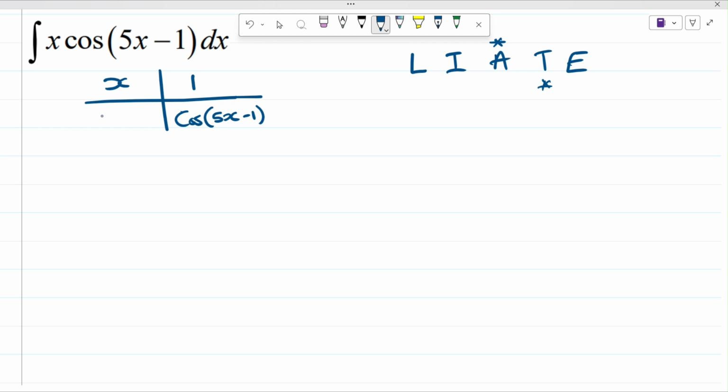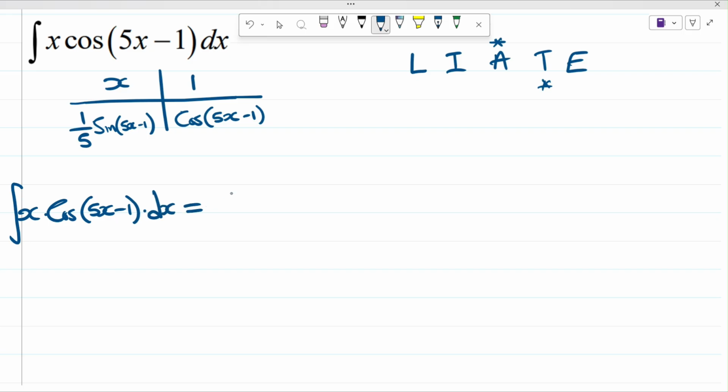When I integrate this, it becomes 1 over 5 sine of 5x minus 1. So now that I have my cross, I can apply integration by parts by first copying down the equation. So this is going to be the integral of x cos of 5x minus 1 dx, which is going to be equivalent to